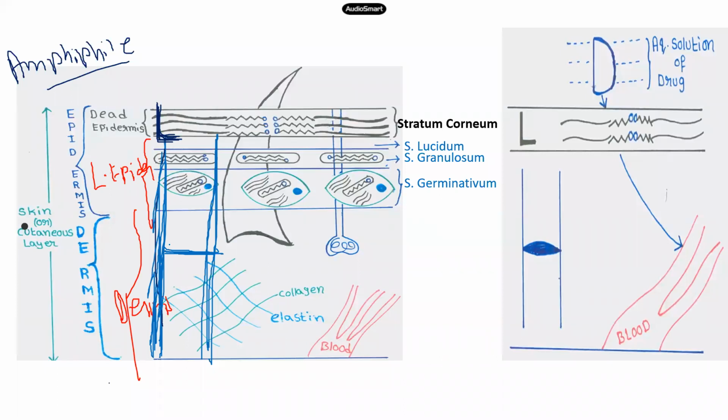Very good. The stratum corneum is the door. If the door is not opened, you can only stay outside; you cannot enter your home. Here also, any molecule, any drug, any chemical must wait in front of the door. Once the door permits, only then can you enter the home. That's why the door functionality is done by the stratum corneum.